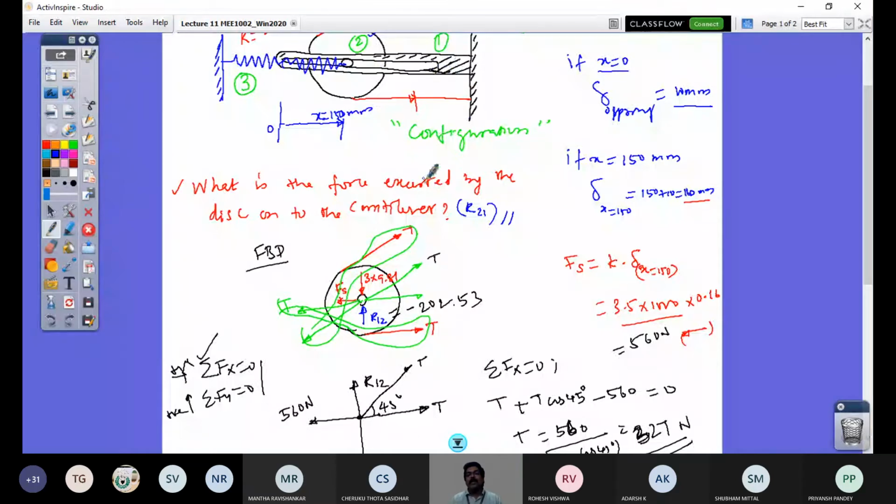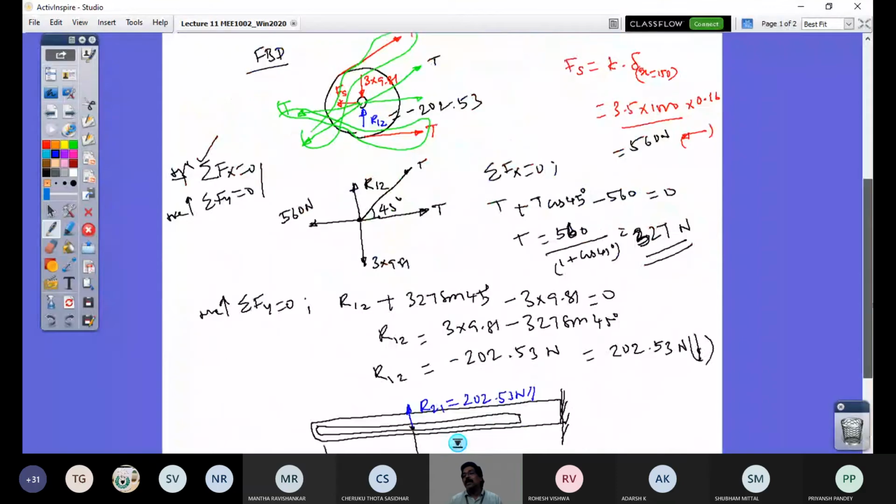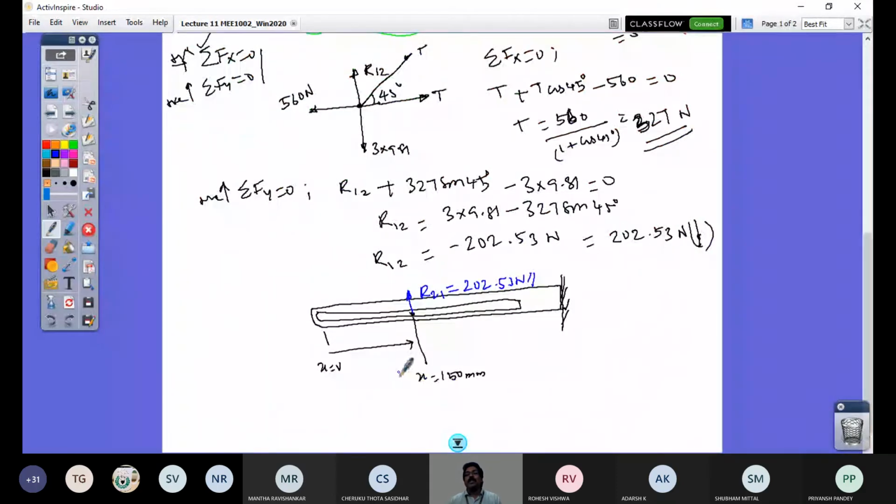So that's the idea. I find the reaction in the disc from the free body diagram, and since weight is acting down, I should have a reaction up. I have taken this direction. If this direction is correct and the tension value is lesser, I would have got a positive value, but I get a negative value. So I should reverse this direction. When I reverse this direction, I know the reaction in the disc is in the downward direction. That means the force exerted onto the cantilever is just R21. Reverse that. So I take this here. Do you get me? Yes, sir.